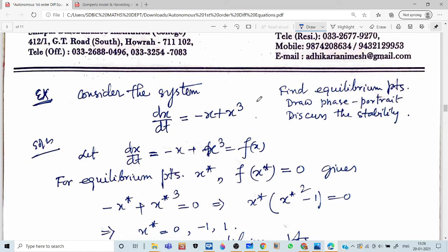Here dx is equal to this, so obviously this is an autonomous system, because in the right hand side